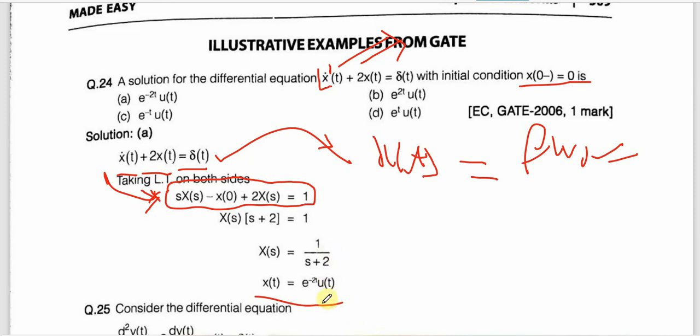Now why is it written here as u(t)? Because u(t) is nothing but its value is 1. So for t greater than 0, because here it is already mentioned that for t less than 0 it is 0, so for greater than 0 we have to take the u value as 1.